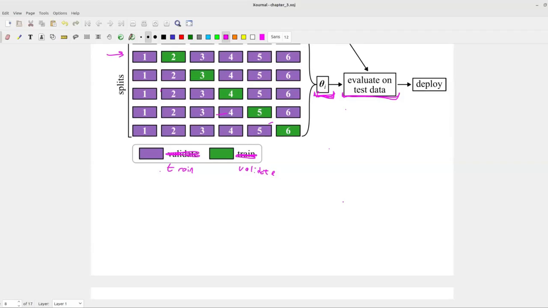sklearn gives you several good tools to do this. So you can add this to the pipeline, which is sklearn.model_selection.cross_val_predict,